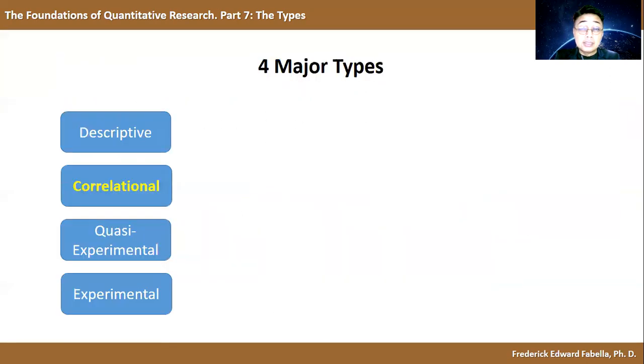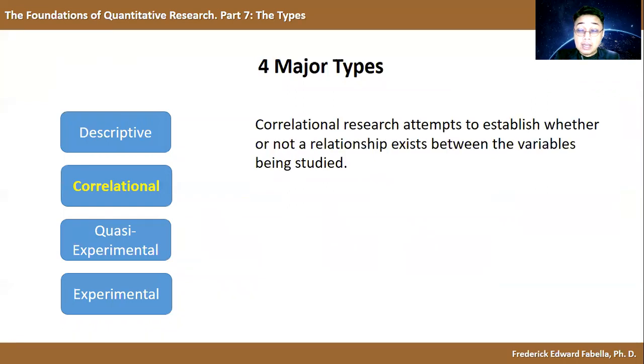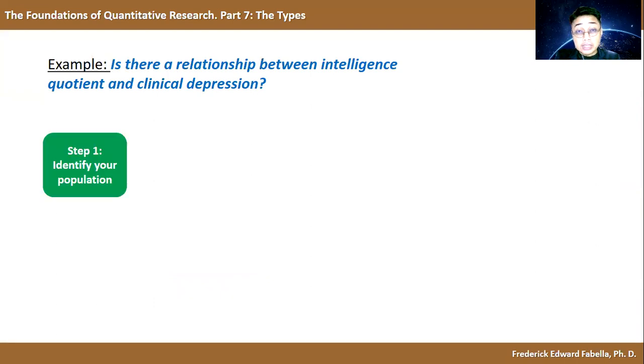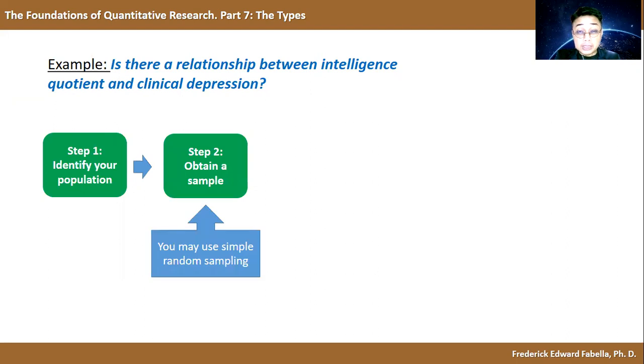All right, let's now consider correlational. Correlational research attempts to establish whether or not a relationship exists between the variables being studied. An example is there a relationship between intelligence quotient and clinical depression? Okay, once again, let's try to explore that question. Let's try to come up with a correlational design. Okay, so again, first you identify your population and then you obtain a sample. Of course, you need to use a sampling technique. This time, we again use the simple random sampling